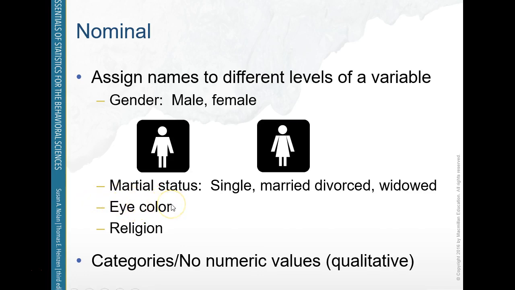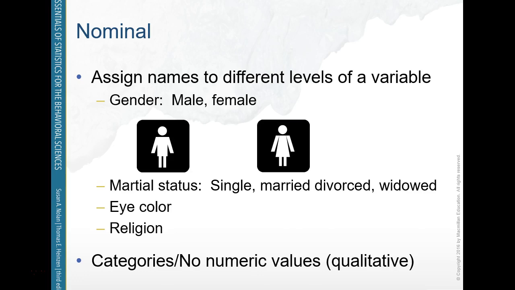Then I would ask you, what's your eye color? And your answer would be brown eyes, or blue eyes, or green eyes, or hazel eyes. And so the data we're collecting are names, are words, right? And we'd have a group of people with brown eyes and a group of people with blue eyes and green